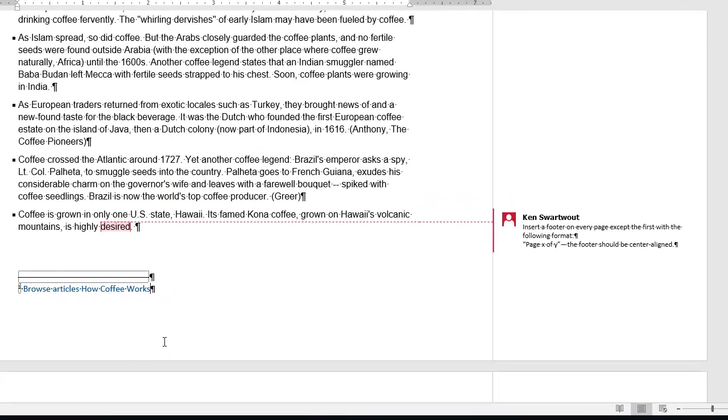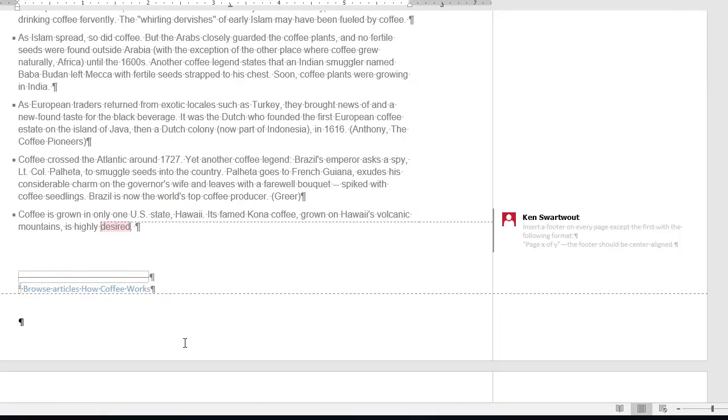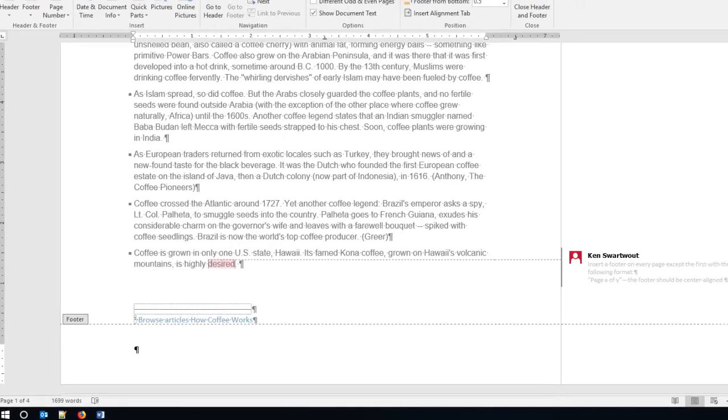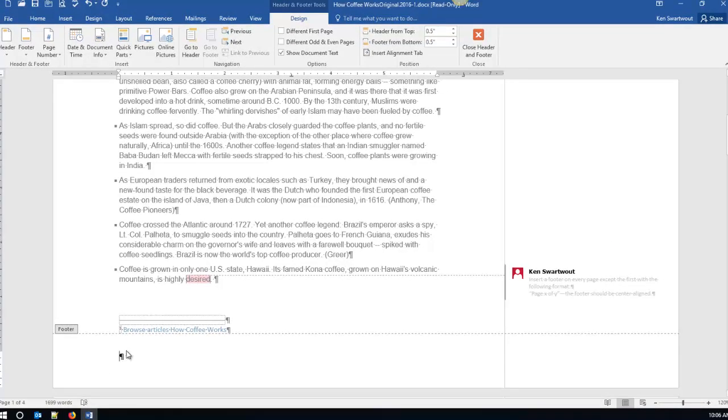Alright, so I'm going to jump down into my header, my footer. I double clicked in the footer. Now I want to do a footer, but only on every page except the first. Kind of how this works is it's based on this different first page button. If you click that, you can see that now you're doing the first page footer, which is not exactly what